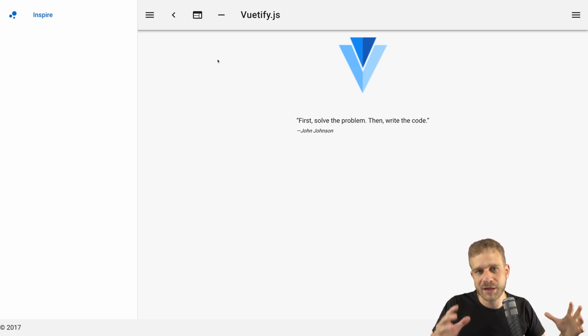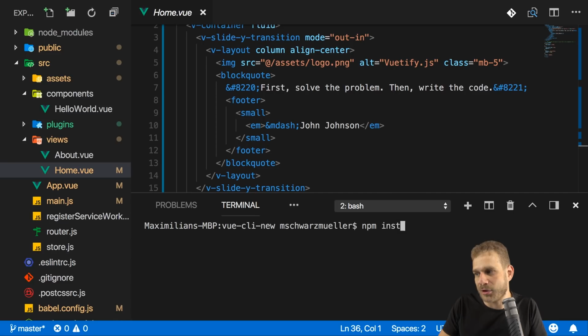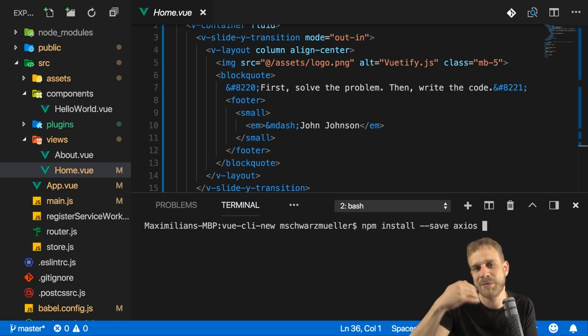It's plugin driven. You can set up a configuration which is very detailed when you create a new project, and you can always add plugins to the existing project thereafter. You can also still install packages without the CLI, of course. You can still run in a new terminal window here, npm install and then whichever package you need, because not every package you need is a Vue CLI plugin. For example, Axios, as far as I know, doesn't have a Vue CLI plugin yet. So if you install Axios, you still would have to do it like this, and then you can use it as taught in the Axios module of this course. So you're not limited to Vue CLI plugins only, but if you got such a plugin,